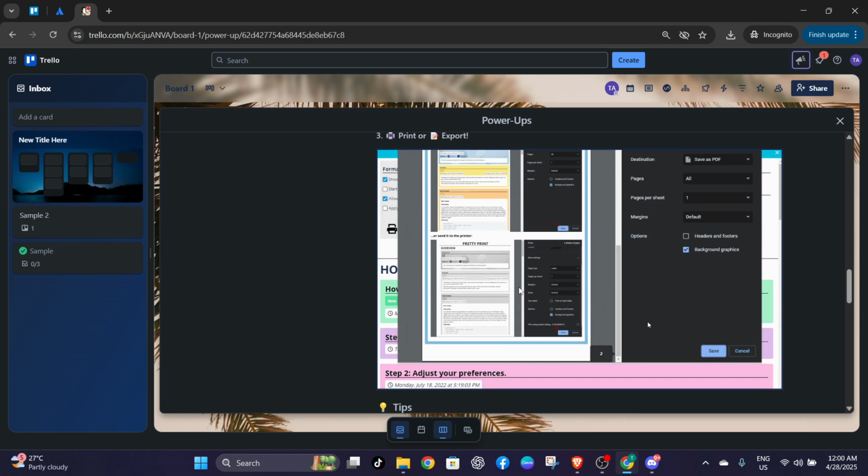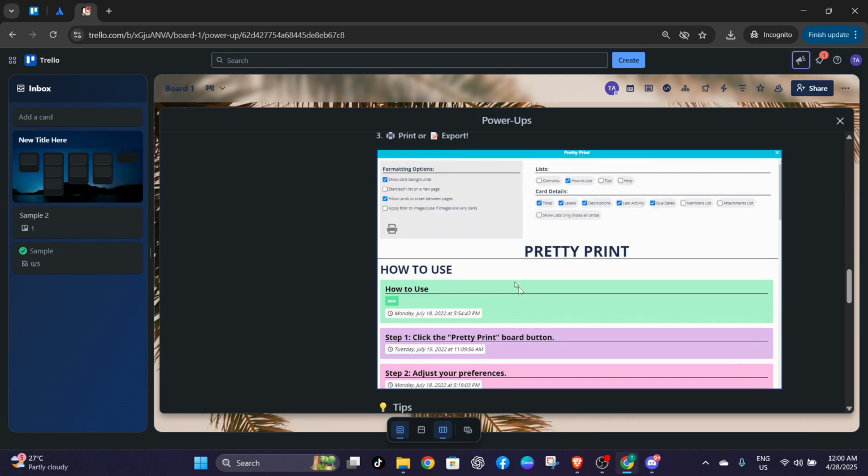This method not only brings convenience but also provides a professional look to your Trello content when shared with colleagues